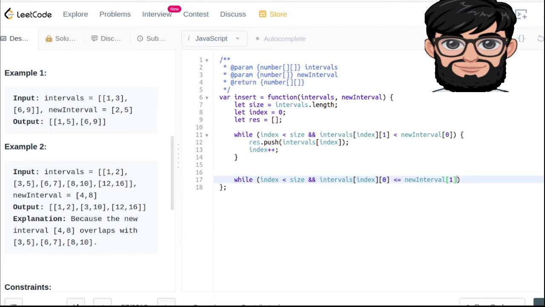the new interval's start. And then after that we're gonna say that okay, while our index is still less than the size, and the intervals at that particular index, the starting point is less than or equal to new interval's ending one. While that is correct, we're gonna be saying that the new interval is basically the Math.min between the new interval's start and the intervals' starting point,